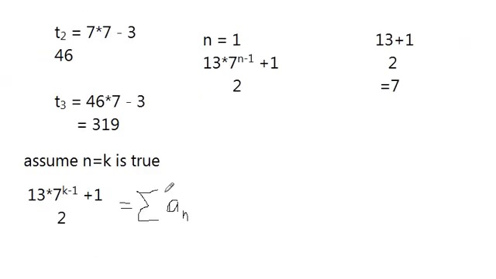Okay, so now we need to write that because n equals k is true, we need to say that n equals, this is actually not a sum of, it's just a to the k is this term, and so we want to find a to the k plus 1 term, which we need to write that